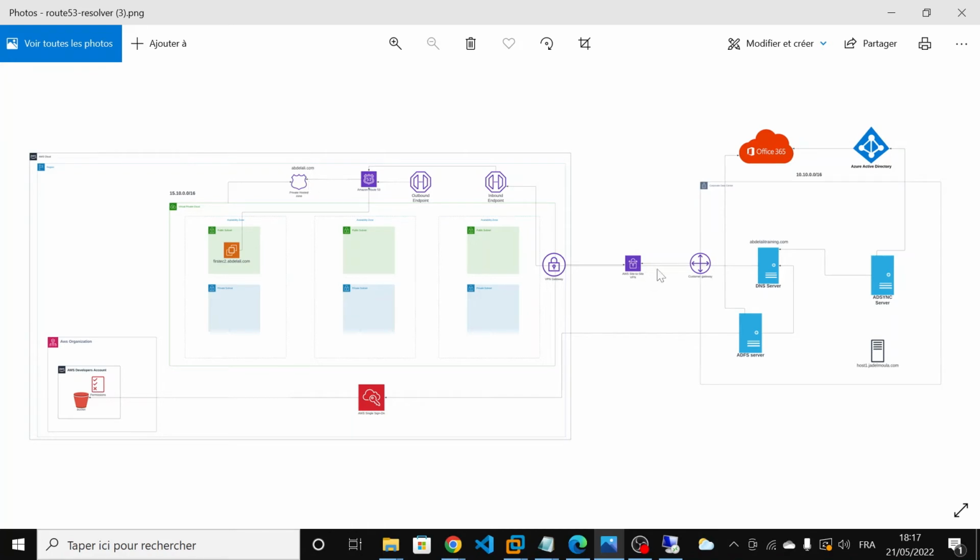And we have said that we will add a conditional forwarder to the DNS server. So once the DNS query reaches this DNS server, it will know which DNS server it should forward to. But the problem here is that this instance, in its own DNS configuration, does not know anything about this DNS,